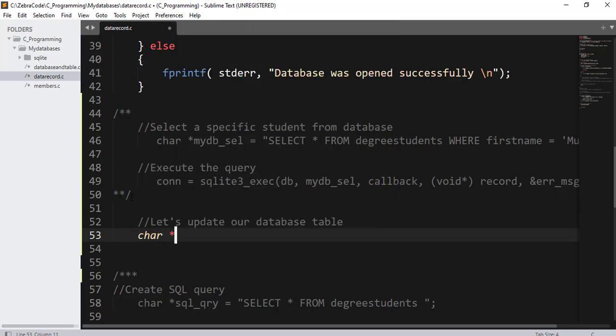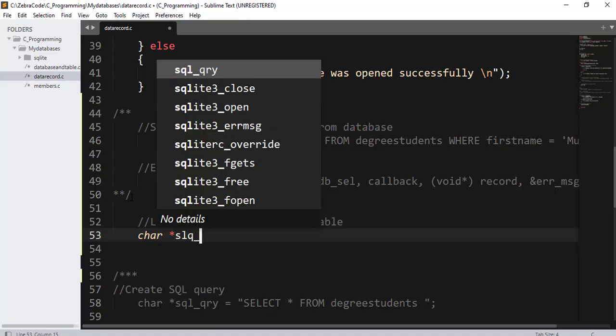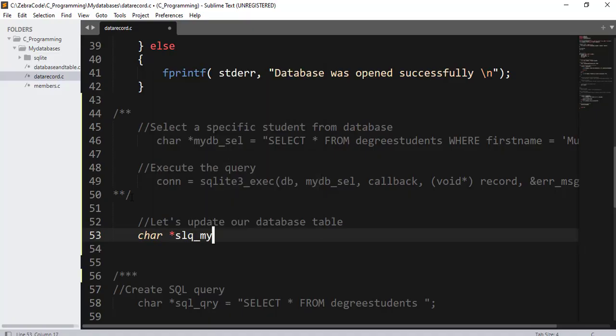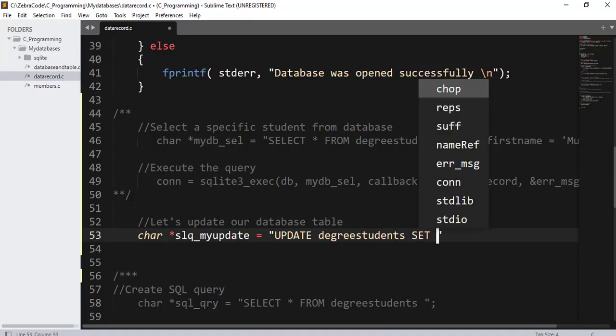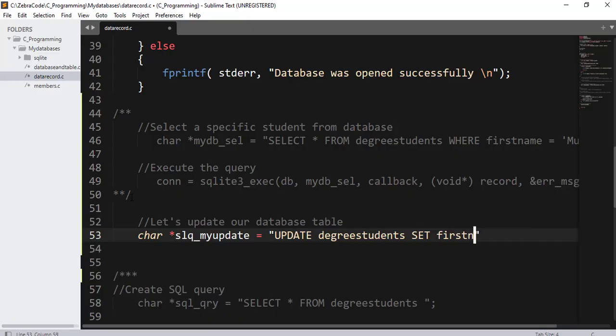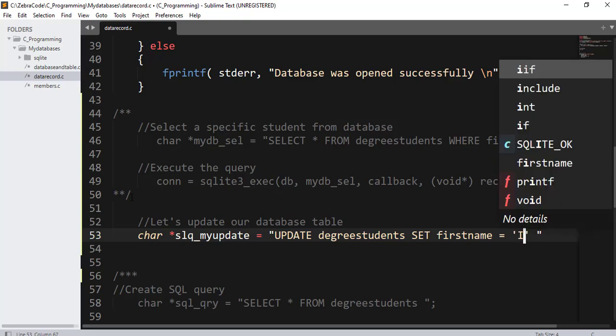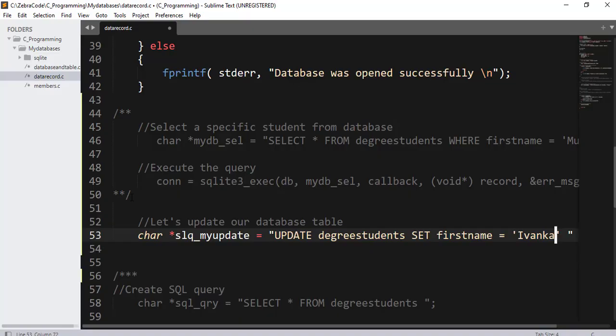char SQL underscore. I will name it my update equals update degree students. I'll say here set first name equals single quote Ivanka,